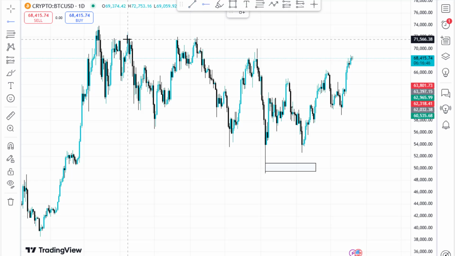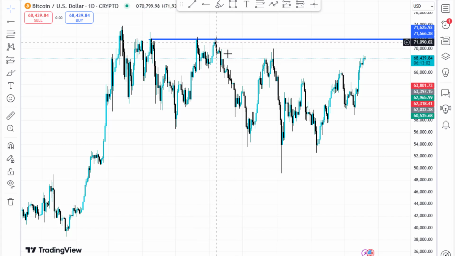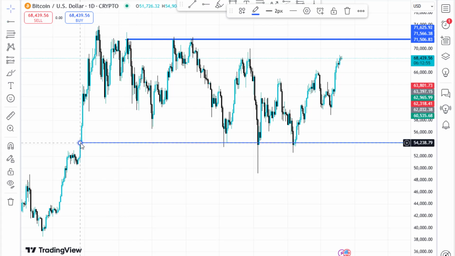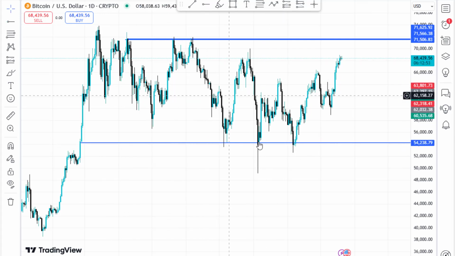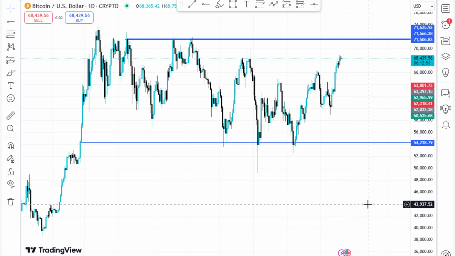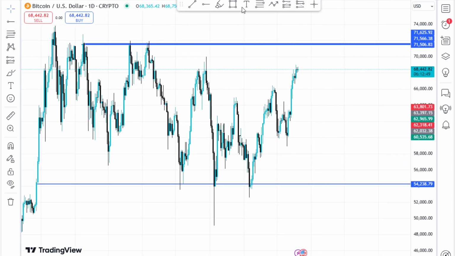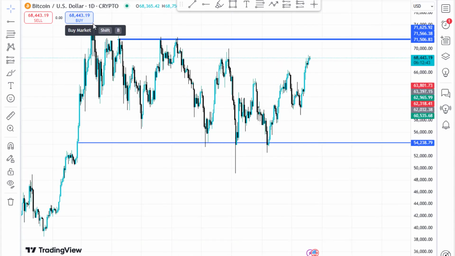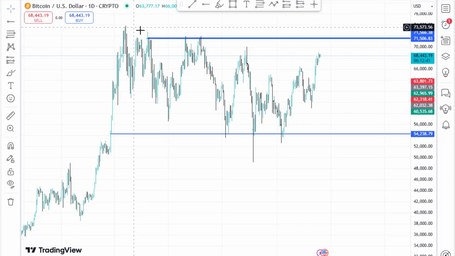So here you can see we have equal highs that have been created here. You can see this level here has acted as a very strong resistance zone in the past. We have this as well. It has acted as a strong support in the past, as you can see. I realize that price moves within this range. All right, so this information in the bigger time frame only guides you on what you should be doing on a smaller time frame. Now if you drop further, you see dynamic resistance from here downwards,